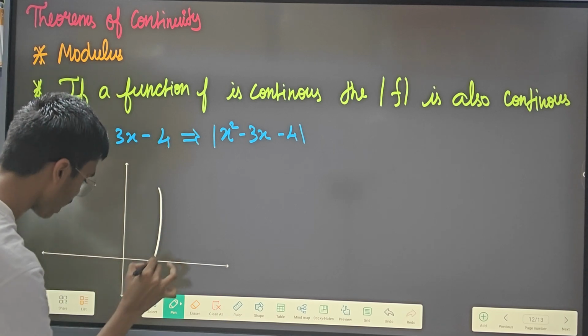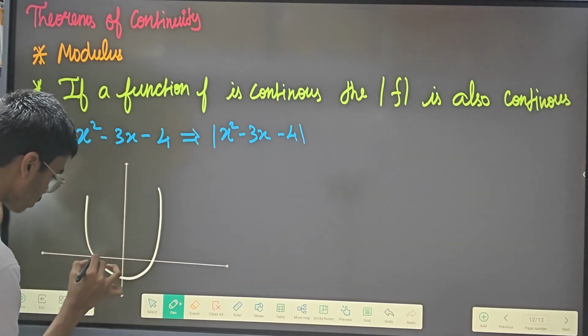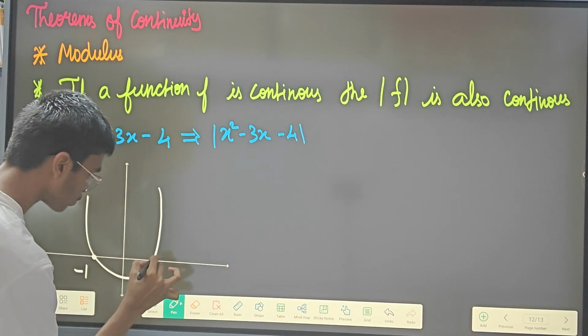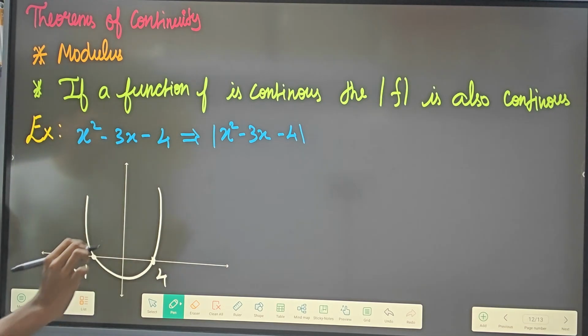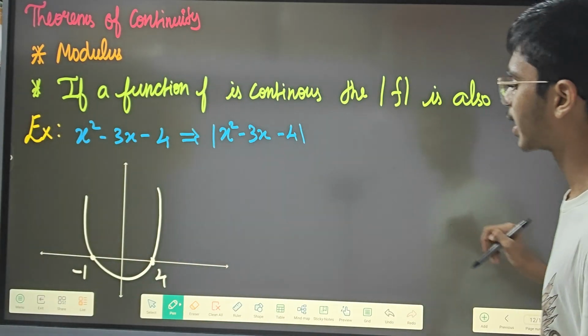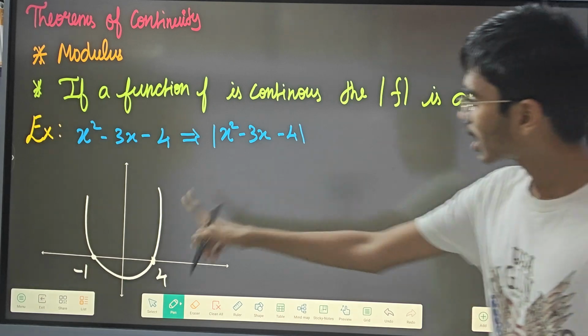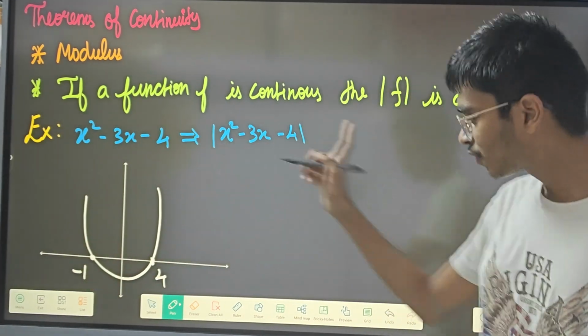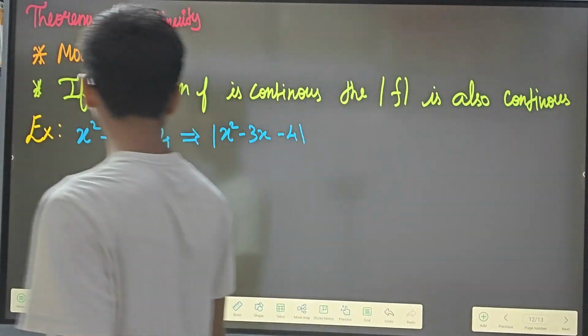Okay, so you are having a graph like this. This point is minus 1 and this point will be 4. When you are factorizing it, you will be getting it. But this is actually before applying modulus. After applying modulus, what you will be getting is,